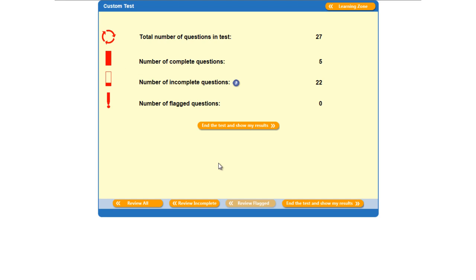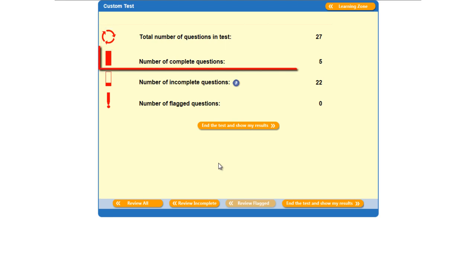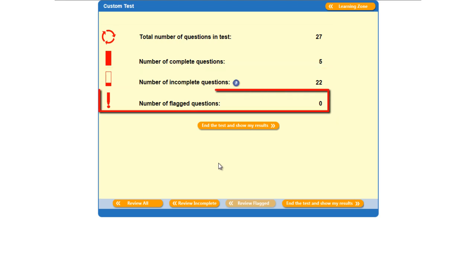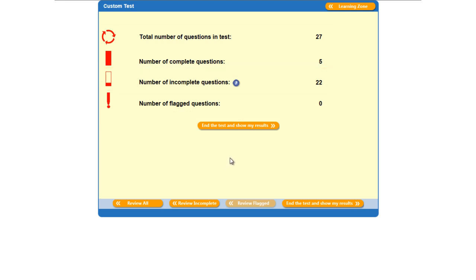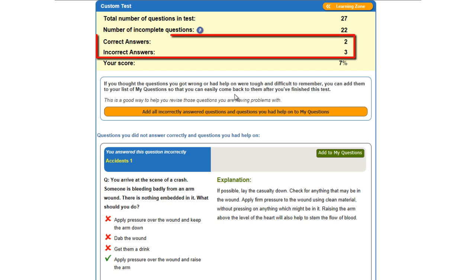Okay, so I've now answered some of the questions. We can see that the test had a total of 27 questions. I've answered 5 of them, I haven't answered 22 of them, and I haven't flagged any questions. I'm now going to end the test to see my results. So we can see here that out of the 5 questions I answered 2 of them correctly and 3 of